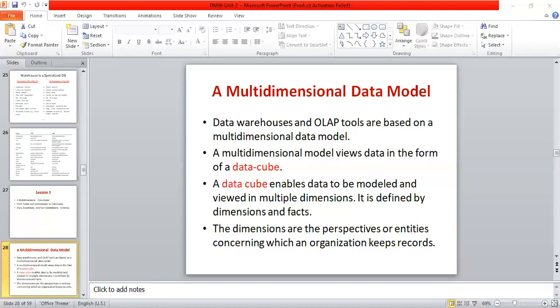The multidimensional data model is organized around a central theme, for example, sales. This theme is represented by a fact table. So what is a fact table? Fact tables are nothing but numerical measures.